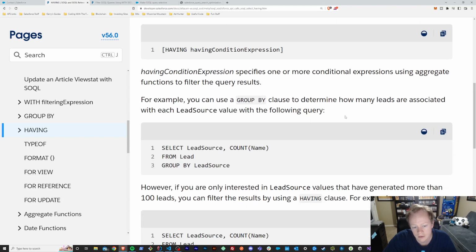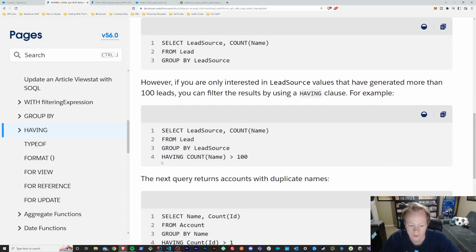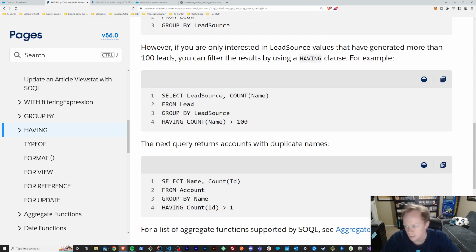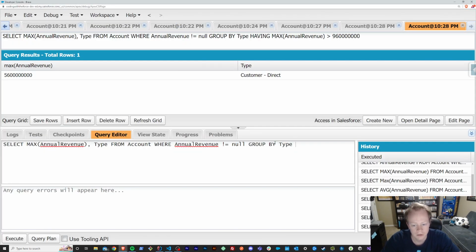And essentially, when you have a where clause normally, you can't filter by an aggregate function. But in our case, we maybe want to, and that is where this HAVING clause comes in handy. So if we come back here to our aggregate query results that we just set up a moment ago, if we wanted to say only return a max annual revenue of